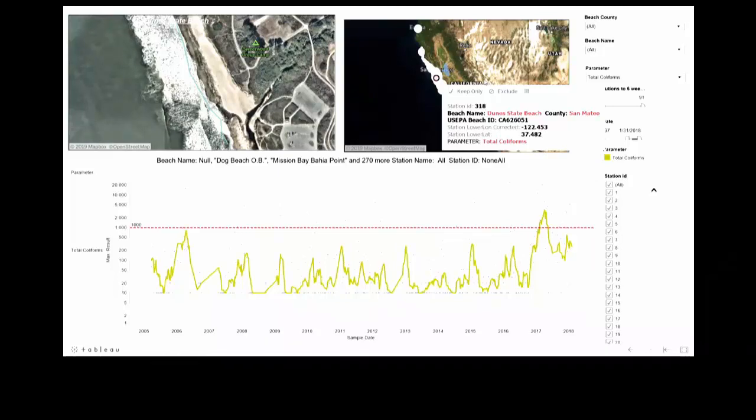Any questions? Graph you have there is, this is the 30-day average. So this is the rolling average. The dots are individual data points, because the limit is based on the geometric mean of the Enterococcus. It's the 30-day average of the geometric mean, and that's why it's calculated. So you see the calculated values and then the threshold.